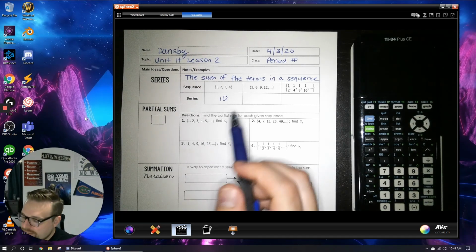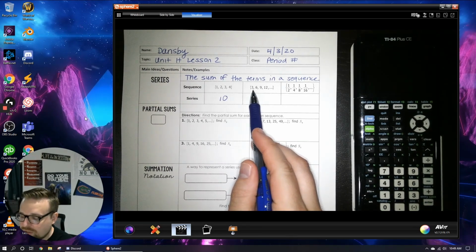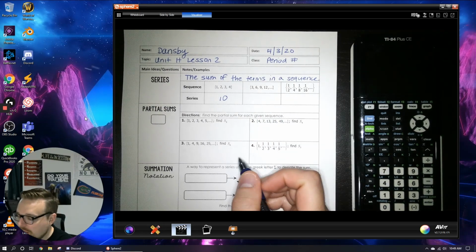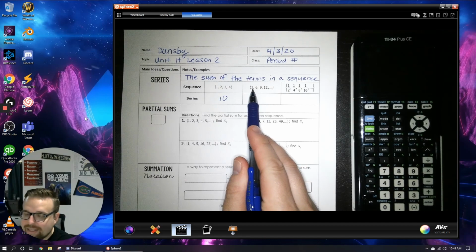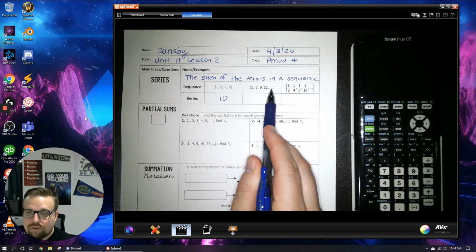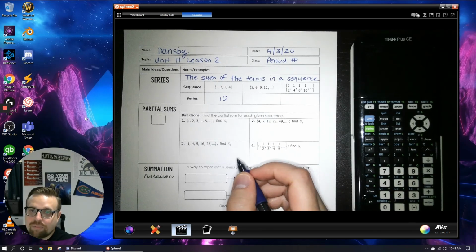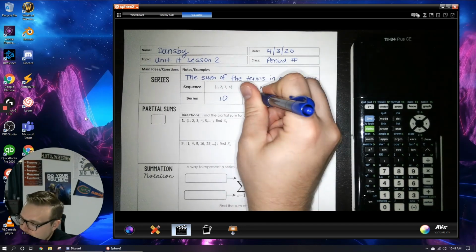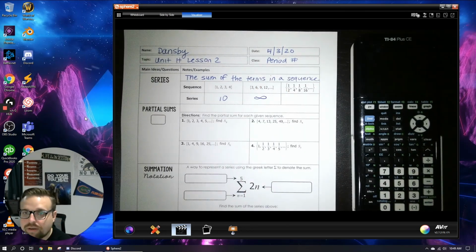So in this case, it looks like it is, because 6 is larger than 3, and 9 is larger than 6, and 12 is larger than 9, and so on and so on. So if you continued adding the terms in this sequence forever and ever, because that's what the ellipsis implies, you're going to end up with infinity as an answer for your series, because there's not a way to quantify what the sum would be if you continued adding everything together. So we're going to go ahead and put an infinity symbol here, and that would be the answer